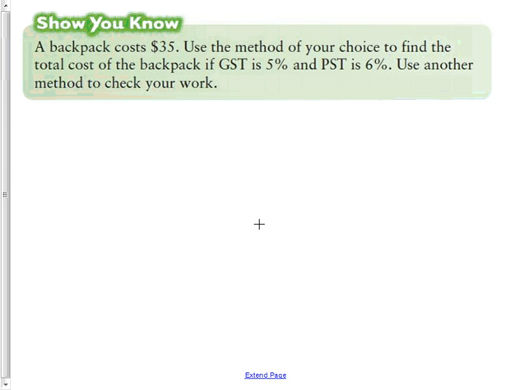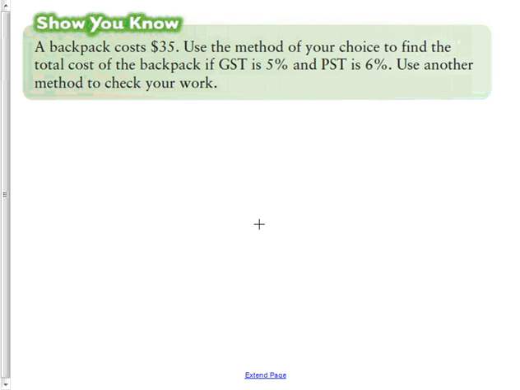Okay, this is section 4.4, dealing with combined percentages. In this question, it's kind of an antiquated question because now in Prince Edward Island, we don't have separate taxes. We have an HST of 15% for everything we buy. So this is a little bit old school, but there are still some places